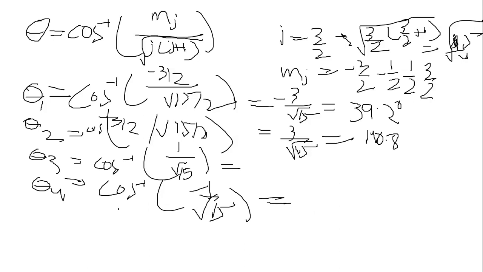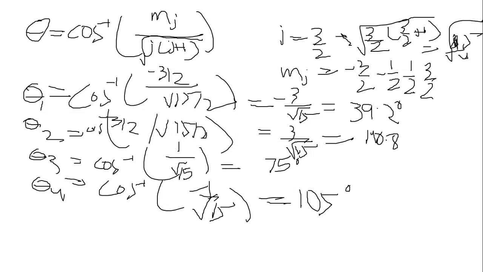Please calculate and tell me. So for cos inverse 1 by root 15, it will be 75, and for cos inverse minus 1 by root 15, it will be 180 minus 75, which is